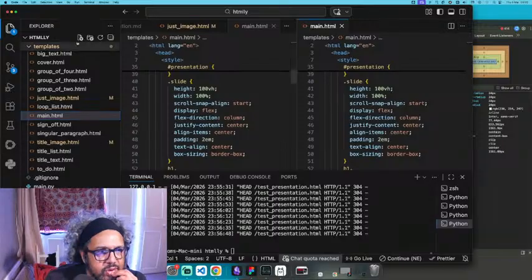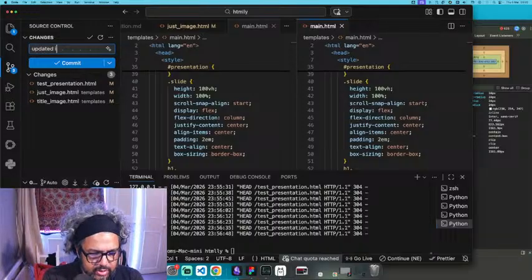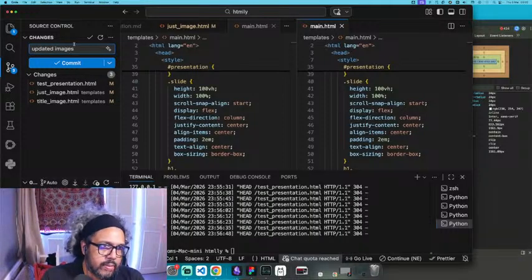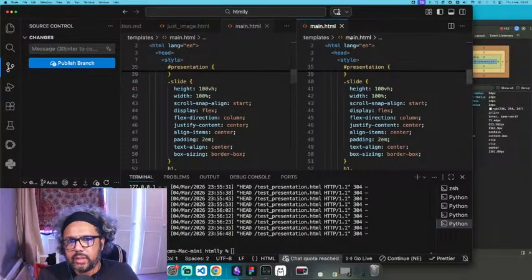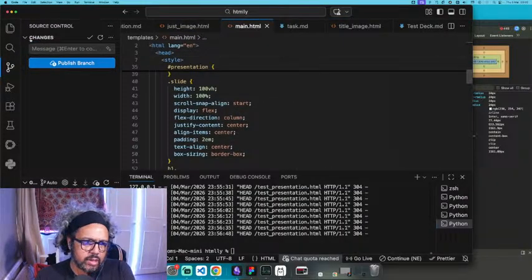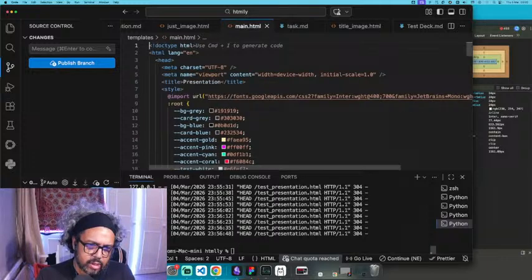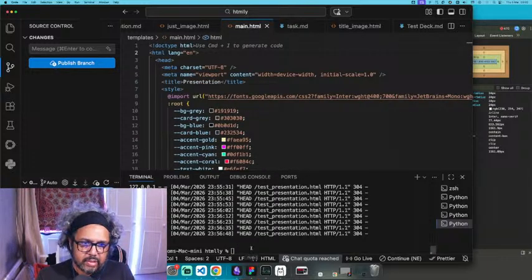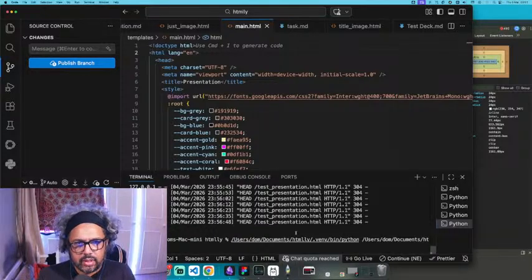Why is the run button not showing up? Oh, I need to commit my changes. Updated images. I don't know why my run button's disappeared. Anyway,